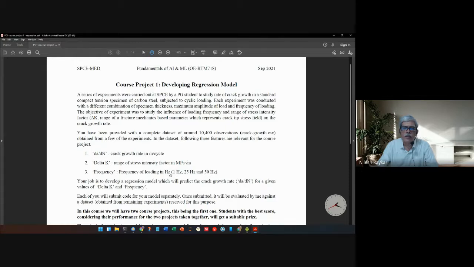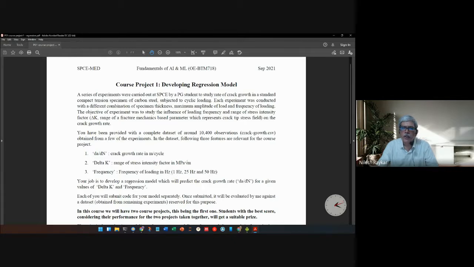You will build your model based on that, and that model will be tested using the information from the remaining 3 experiments, which I am not showing you. Let's say 3 experiments have already been conducted and the customer has given you that data, and the remaining 3 experiments you imagine he will conduct after your model has been done, to check how accurately your model predicts the crack growth rate.